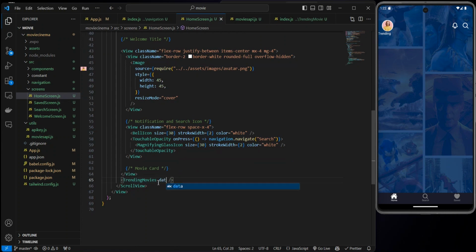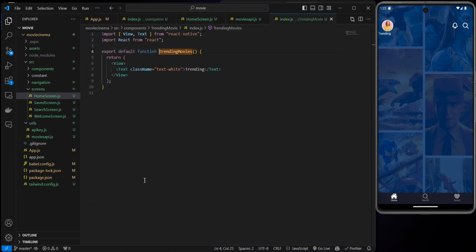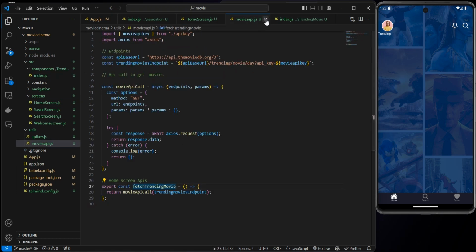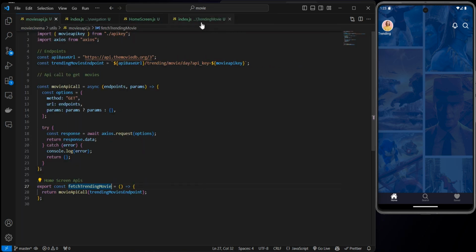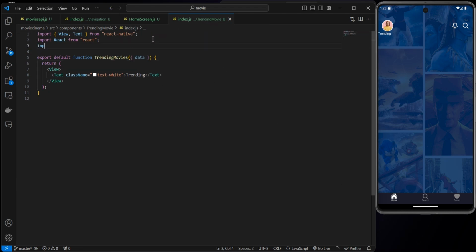So we're going to say data is going to be trending. So inside of our trending movies, we're going to destructure this data that we're getting. Let's close this app and make everything clean for a minute. Inside of this trending movie, we're going to be using this data to populate all the results. So the first thing we have to do is say import